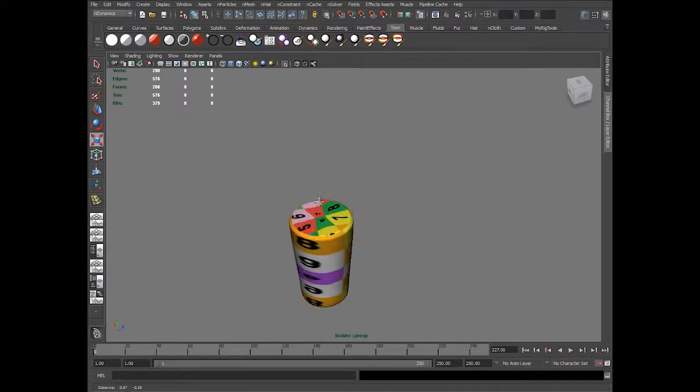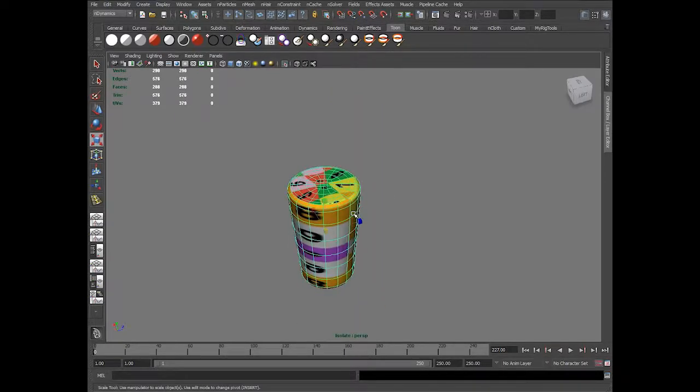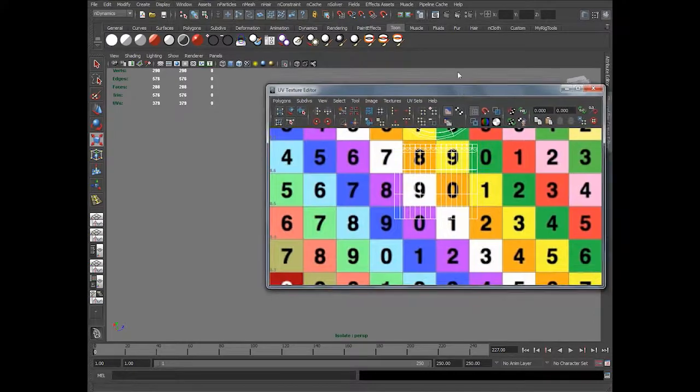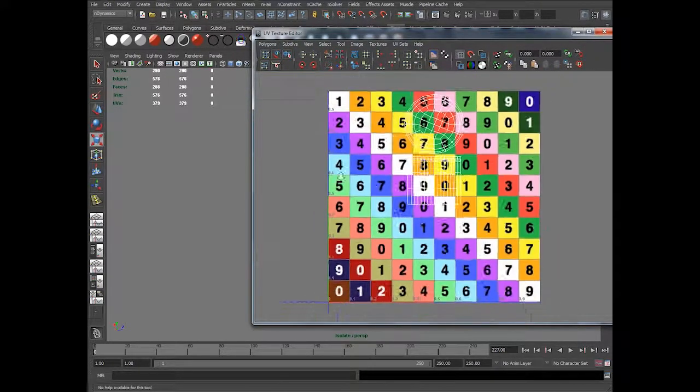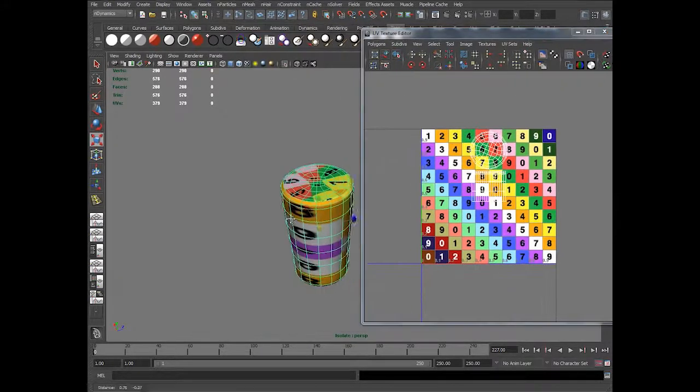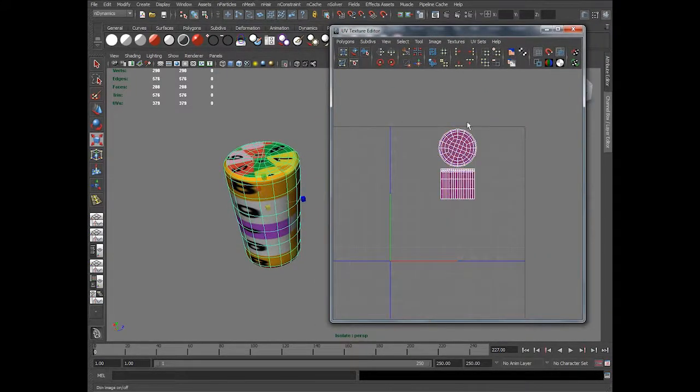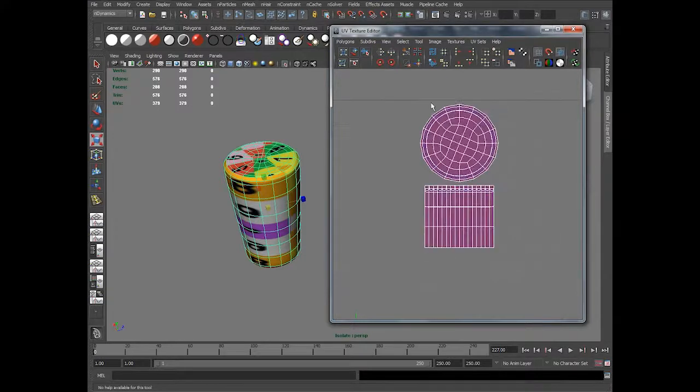So what I basically do is I just go to the UV texture editor and have a look at the checkers.